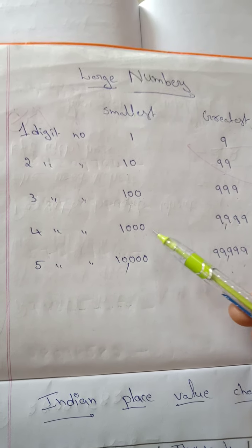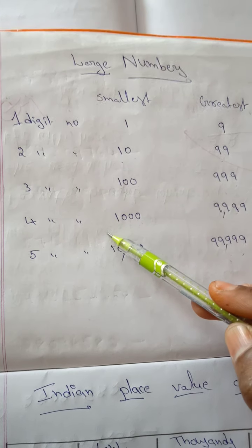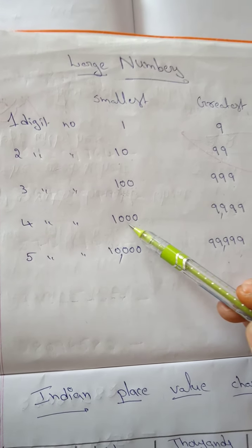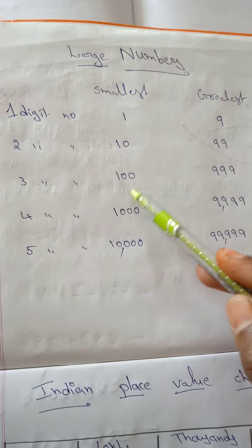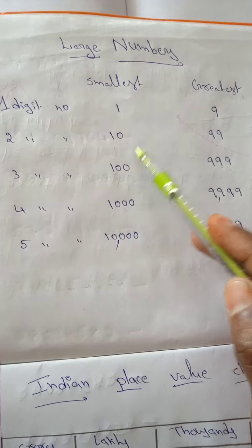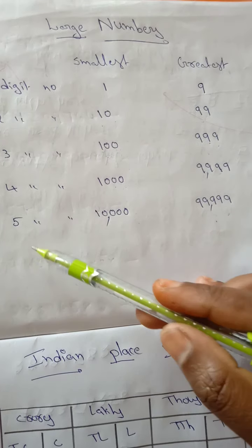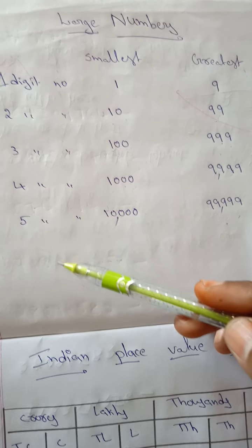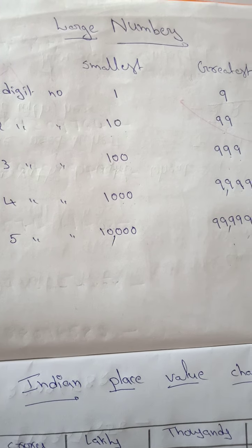Minus 1 we are doing. What is a minus 1? Predecessor. Predecessor means the number before, or subtracting 1 from the given number. So the predecessor of the 4-digit smallest number is the 3-digit greatest number. The predecessor of the 3-digit smallest number is the 2-digit greatest number. The predecessor of the 2-digit smallest number is the 1-digit greatest number. Clear, children? Remaining, the 5-digit: 10,000 and 99,999. Now let me write the 6-digit smallest and greatest numbers, and the 7-digit smallest and greatest numbers.